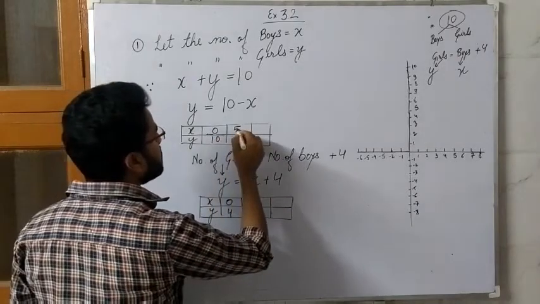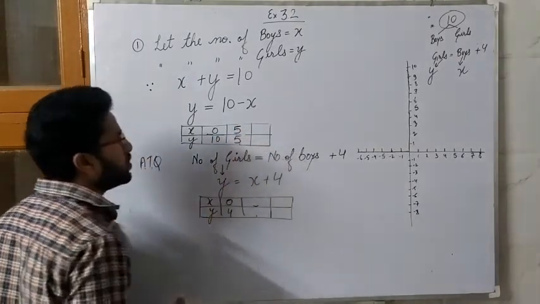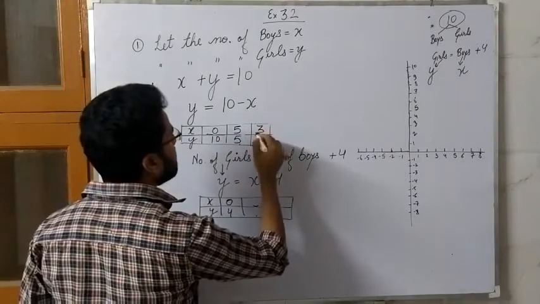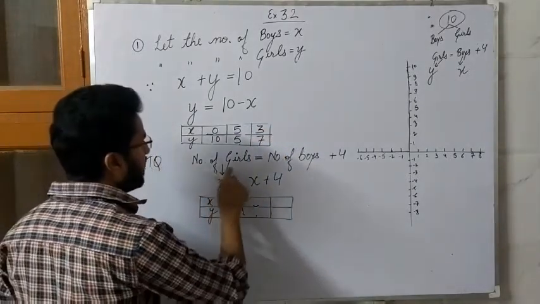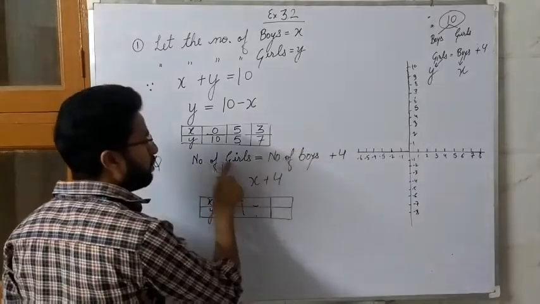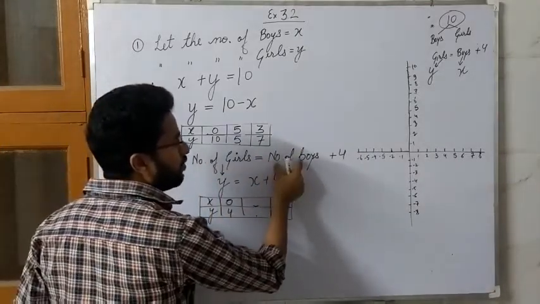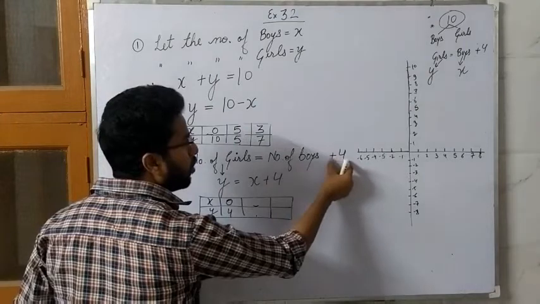If we put x equals 5, then we will get y equals 5. If we put x equals 3, then we will get y equals 7. Similarly here,